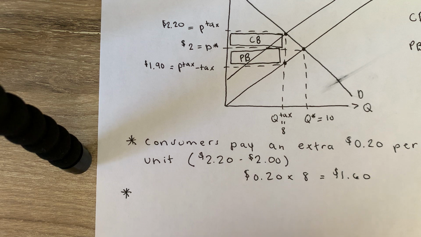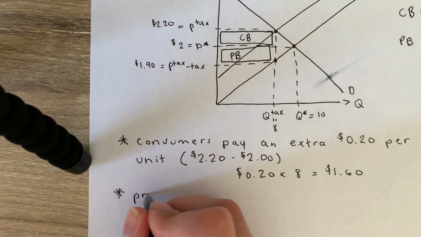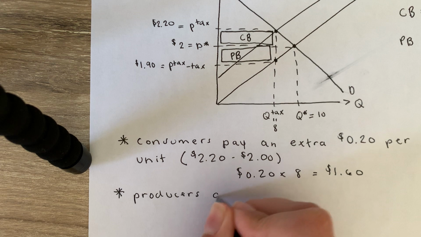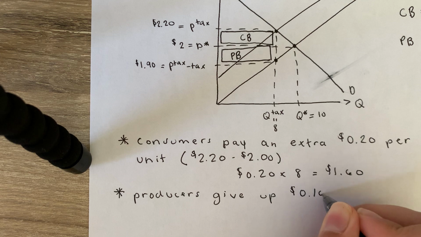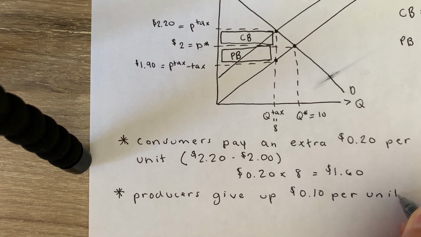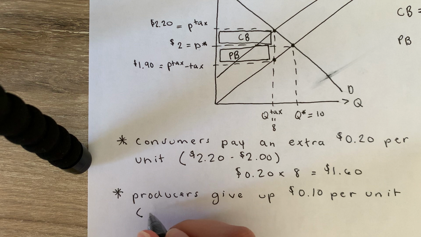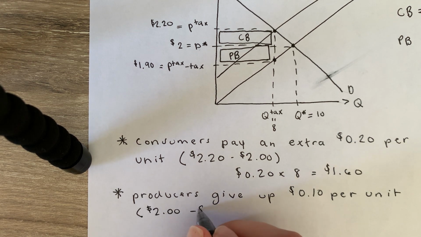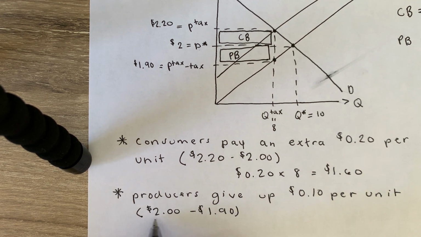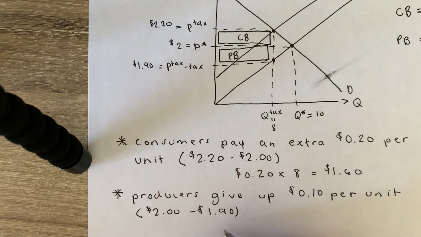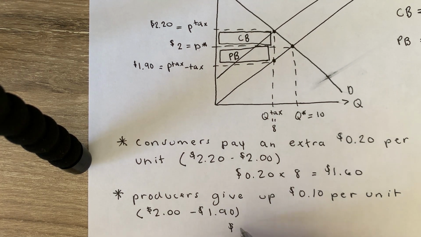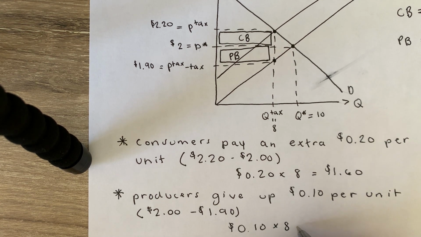right? And then we can say the same for producers, right? Producers give up 10 cents per unit, right? So this is from $2 minus $1.90, right? Because before they were getting $2 for what they were selling. Now they're only getting $1.90 after the tax was imposed. So we can do the same thing. This is per unit, right? 10 cents per unit. So this ends up being 10 cents multiplied by the 8 units that we're producing. This is 80 cents,